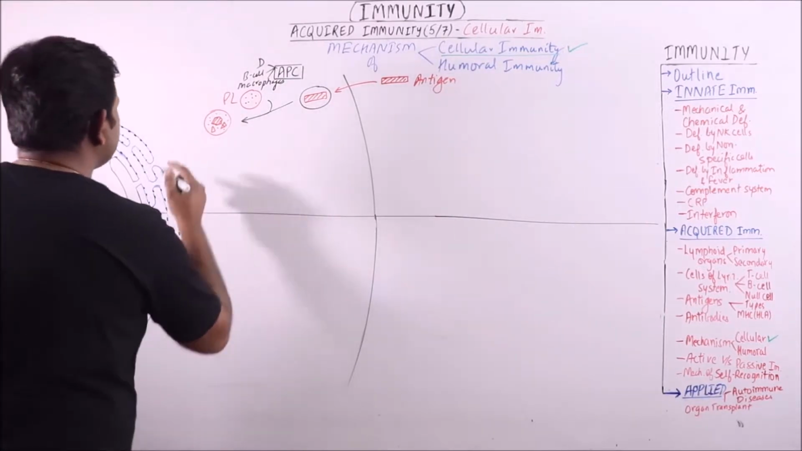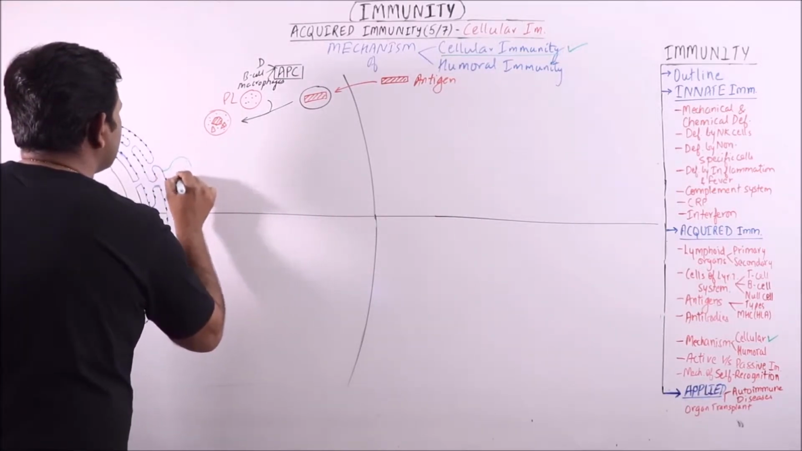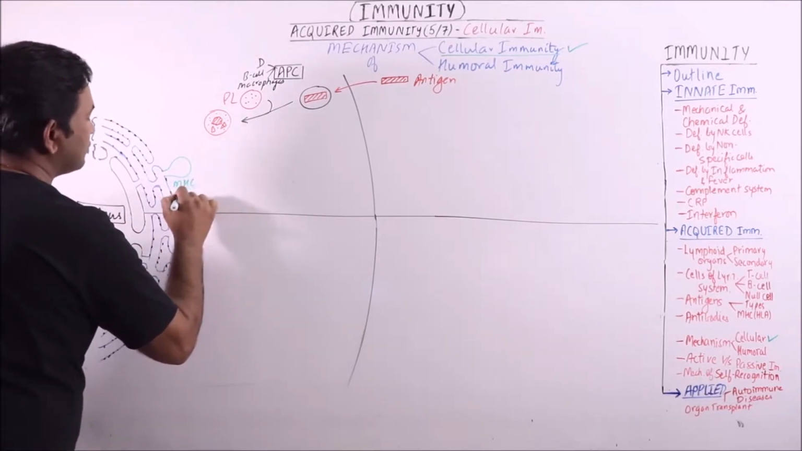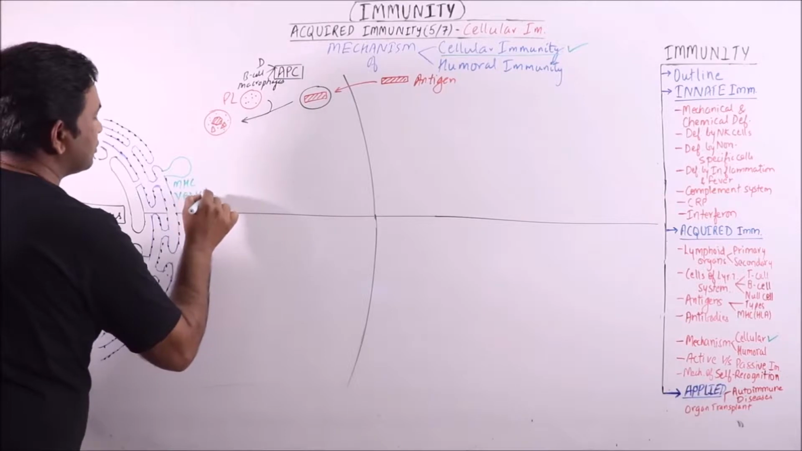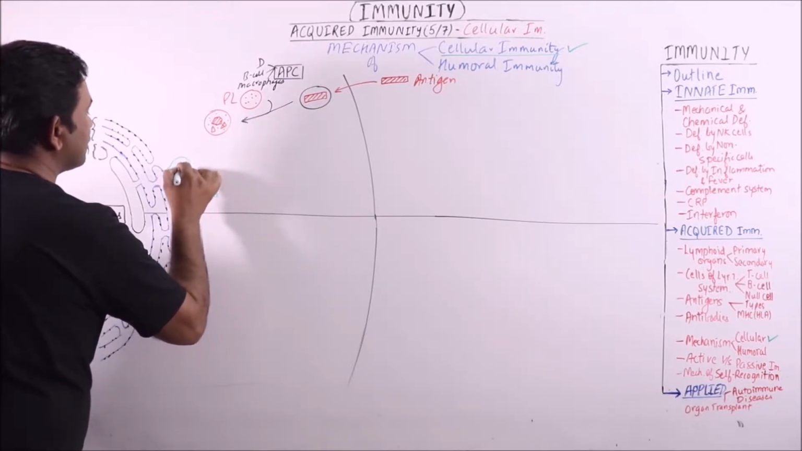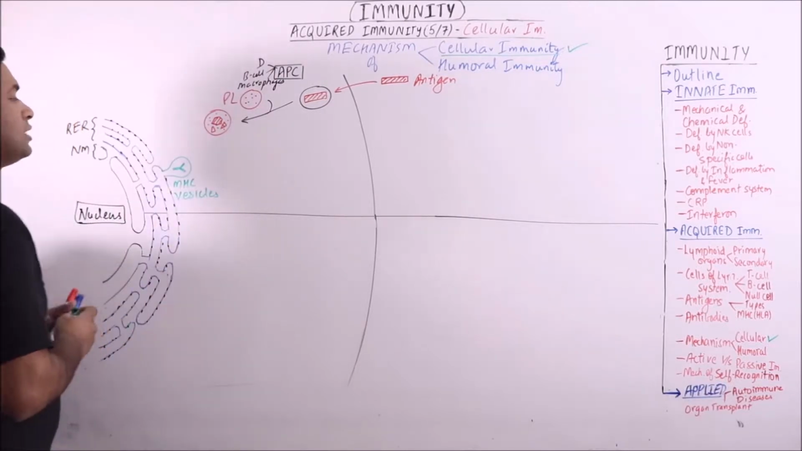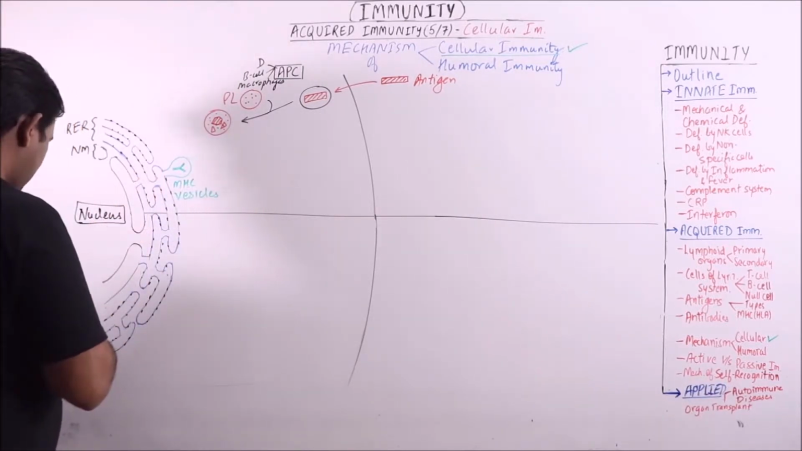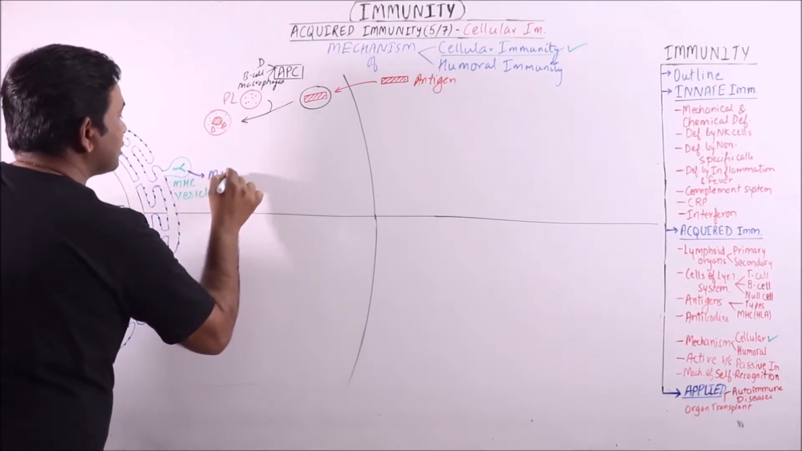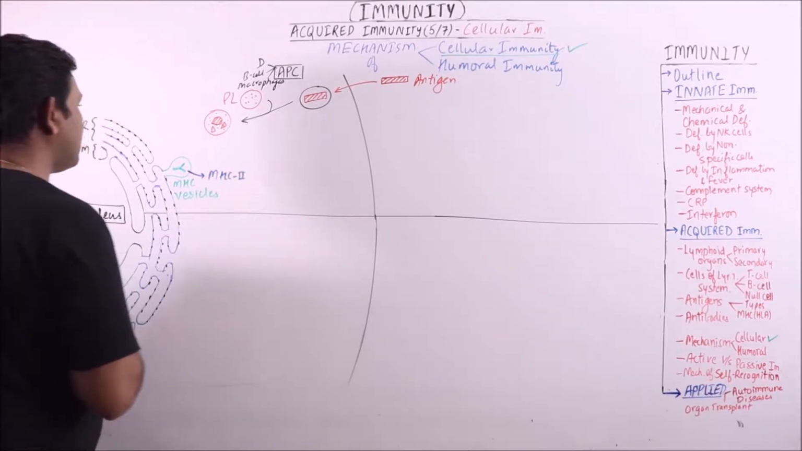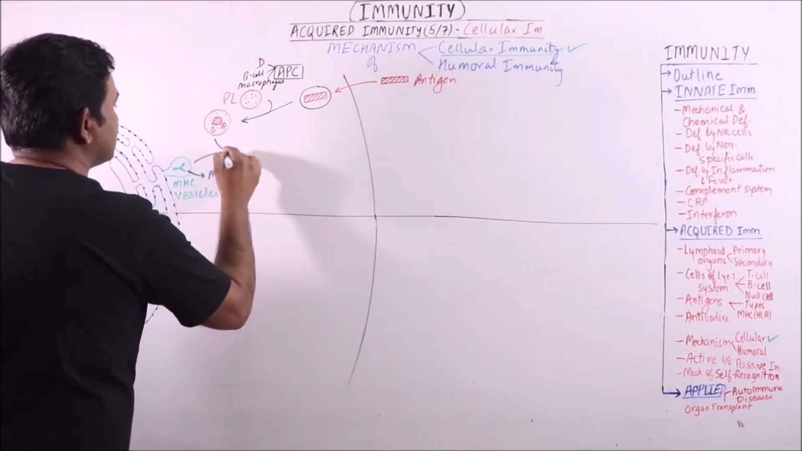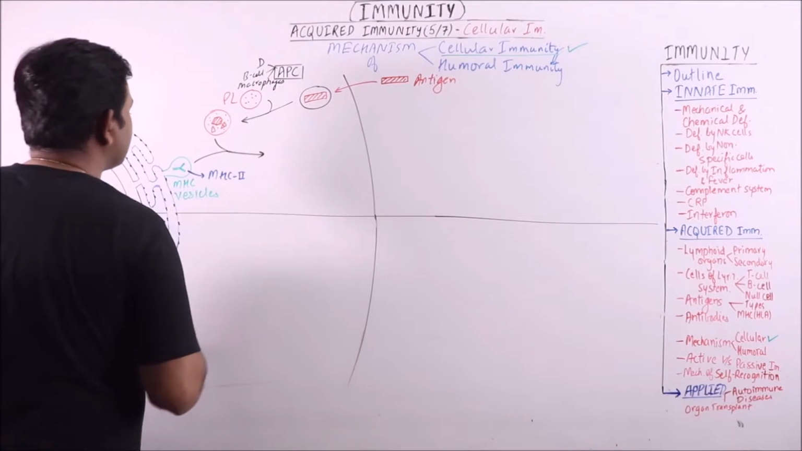Here from RER, MHC vesicles are formed, which are having MHC class 2 proteins. This is not an antibody, it is MHC class 2 protein. Both vesicles fuse,